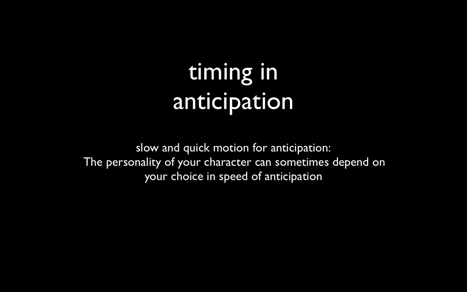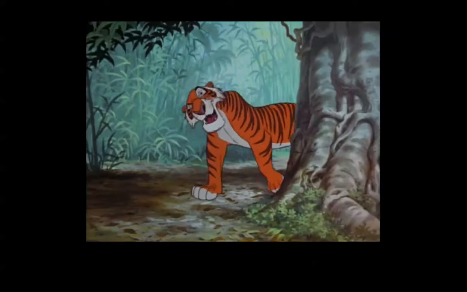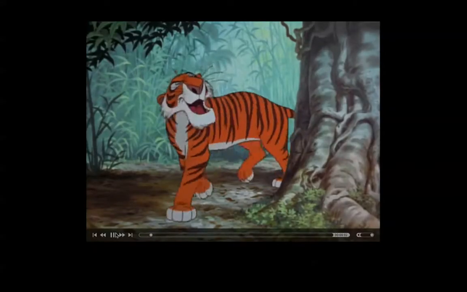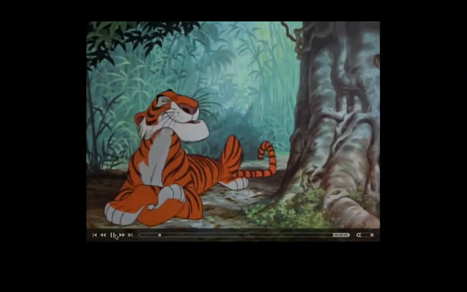So I just wanted to talk a little bit about anticipation, timing and anticipation. So slow and quick motion for anticipation, it really depends on who your character is. Understanding the personality of your character can sometimes depend on your choice or speed for anticipation. So in this case here,